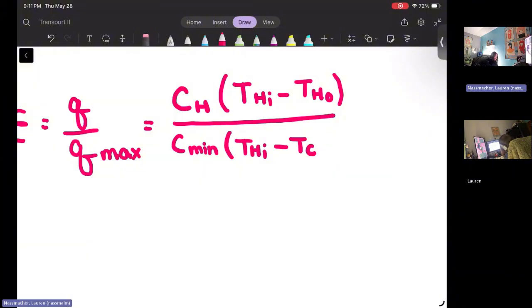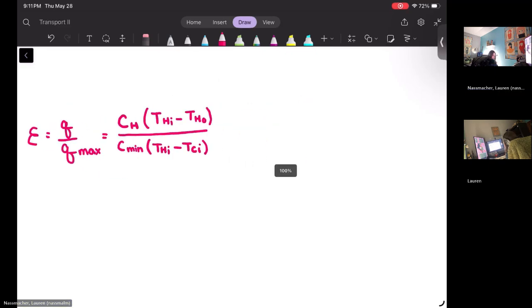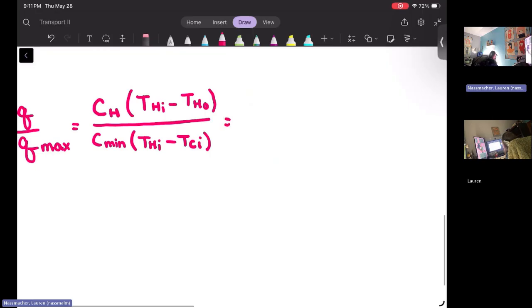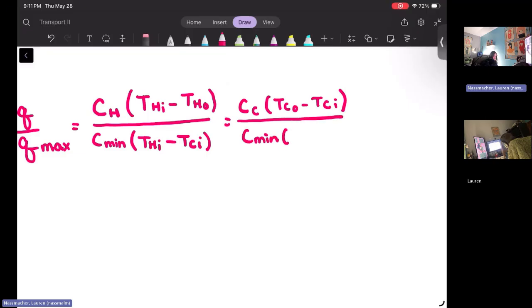Going in, not going out. I hit that again. This is going to be equivalent to our mass flow rate times heat capacity of our cold stream multiplied by the temperature of the cold stream going out minus the temperature of the cold stream going in, because that's how that one works. It's the opposite. Divided by the minimum once again. This one's going to be the same. So this is, of course,